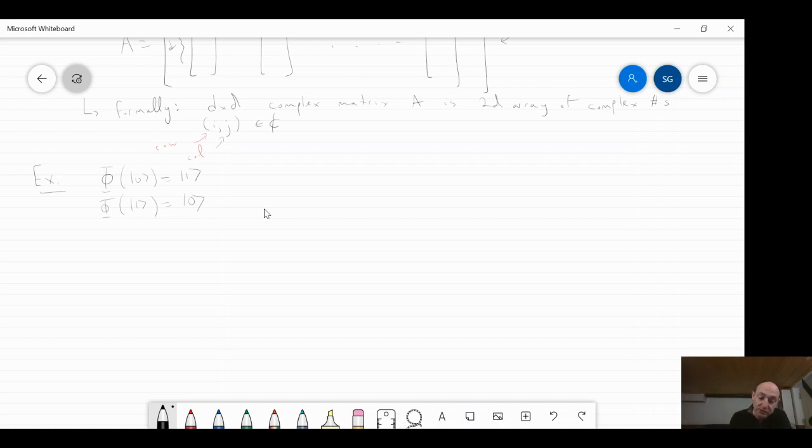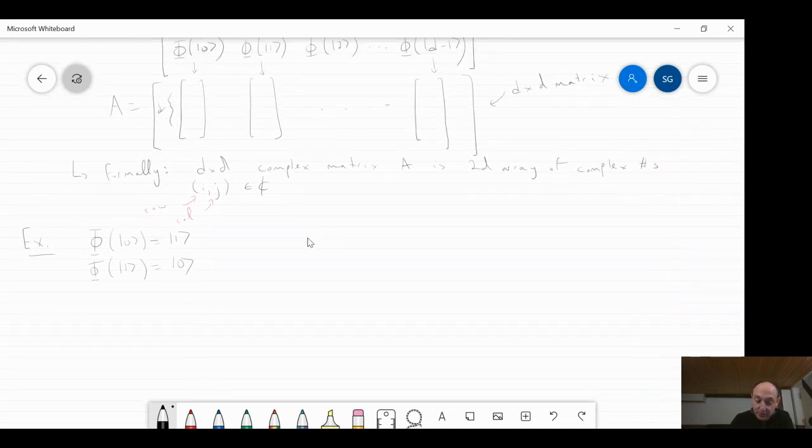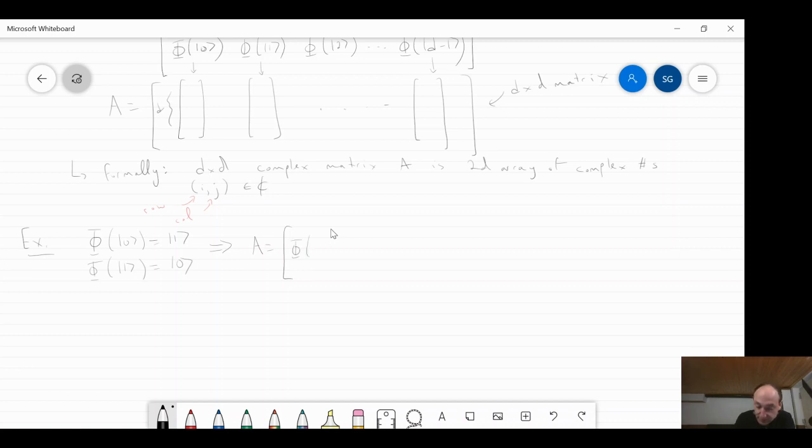Okay, so here I've just reminded you what the action of this map was. And remember the idea here is what? Well, if I want to write down the matrix form of this map, I say A equals what? I just list as columns phi of 0, dot, dot, dot, phi of 1. Okay, and what is that? Well, by definition, this is the column vector 1, and this is the column vector 0. And in this particular case, remember that we are working in C2.